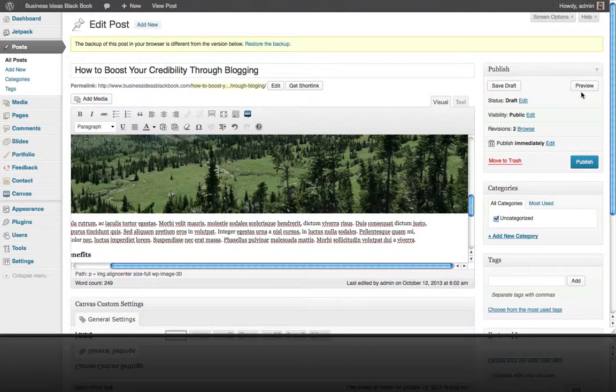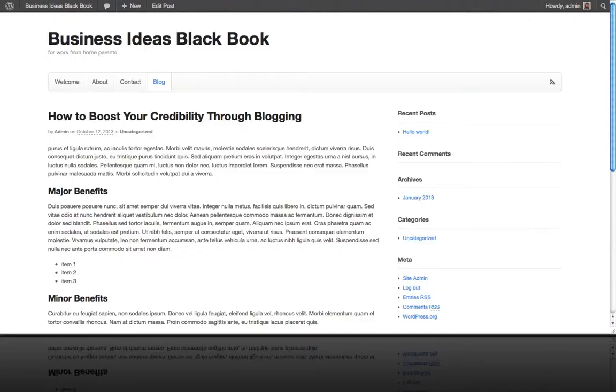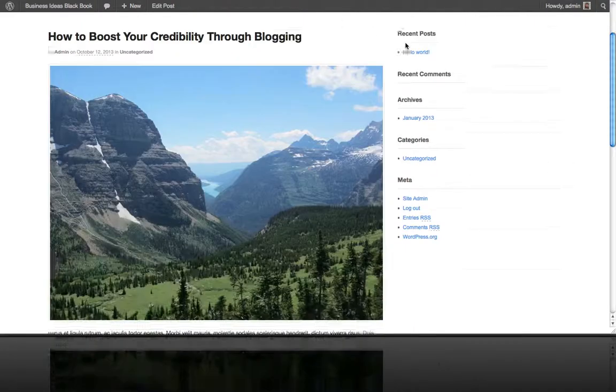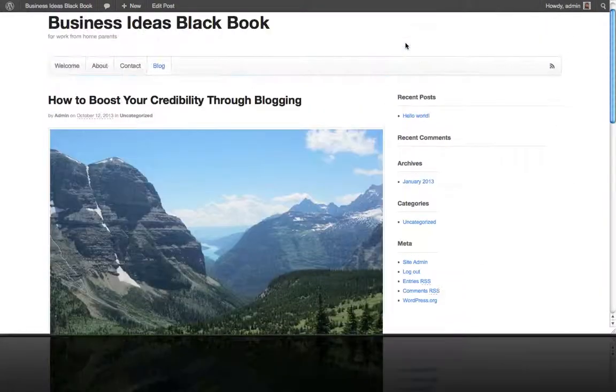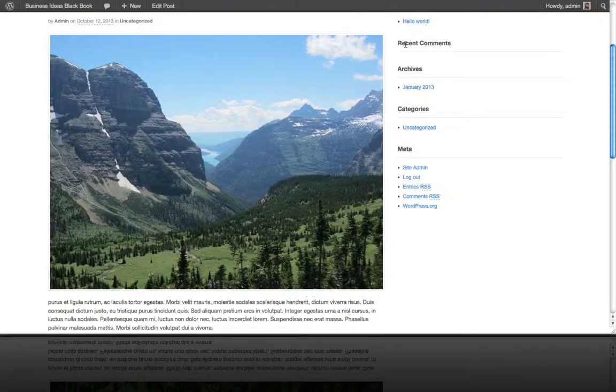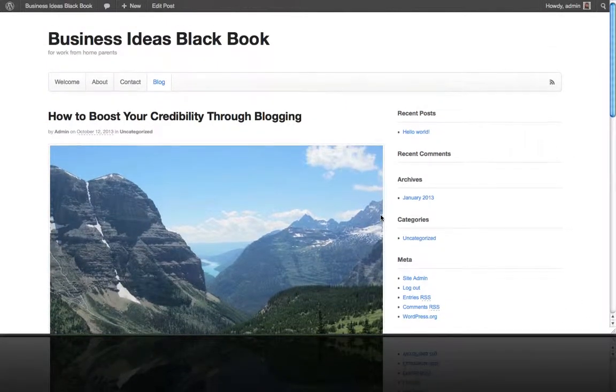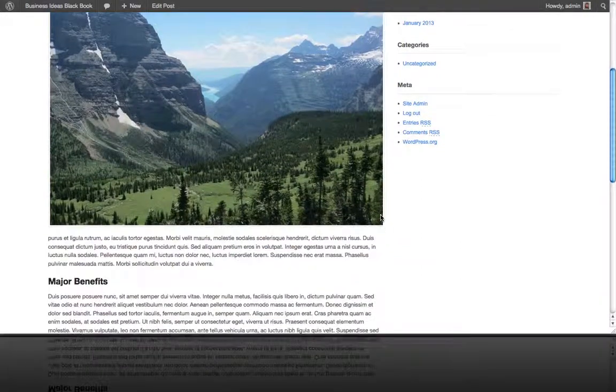I'm going to hit preview, and because we have a responsive website, even though the image is a little wider than that, it compresses it down to the width of the container. So there's our big image at the top of our post,